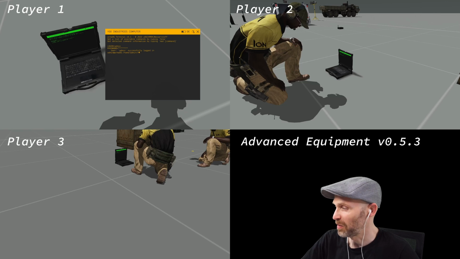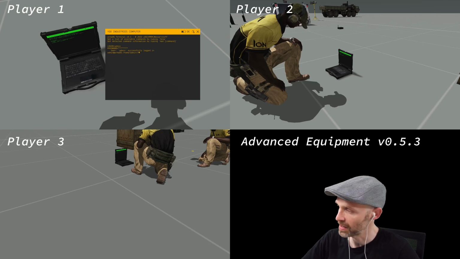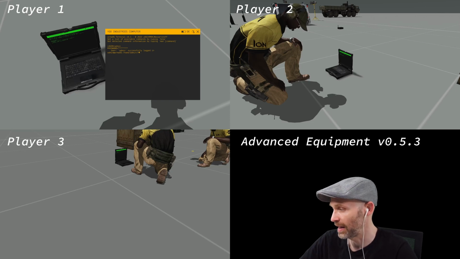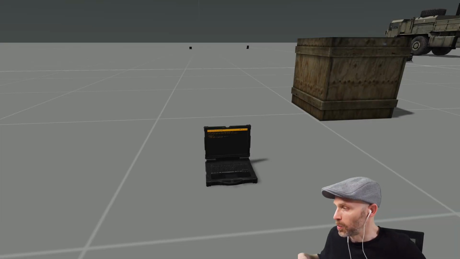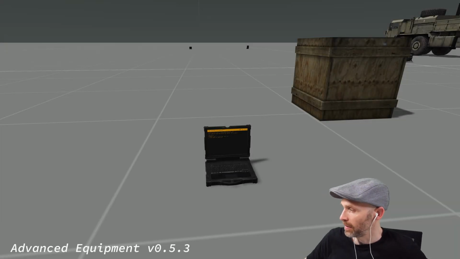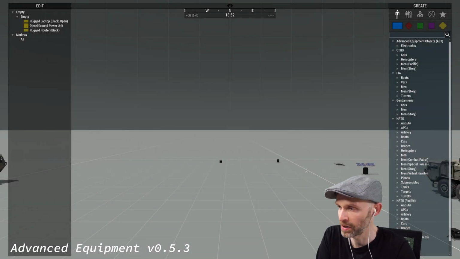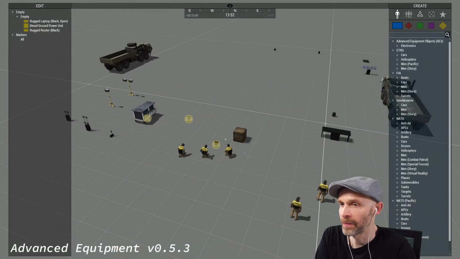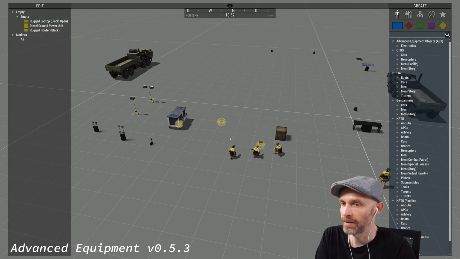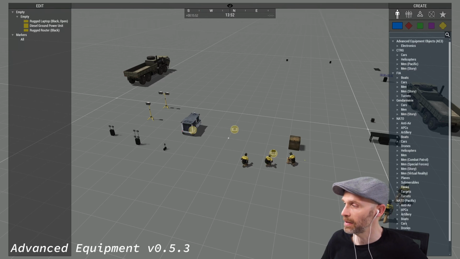That was one of the two major features for this update, but there was another one, the Zeus support, and I will show you that now. So now we are still on the dedicated server with our player, and this player has the ability to enter the Zeus mode. And you already know that prior to this update, everything related to advanced equipment needed to be